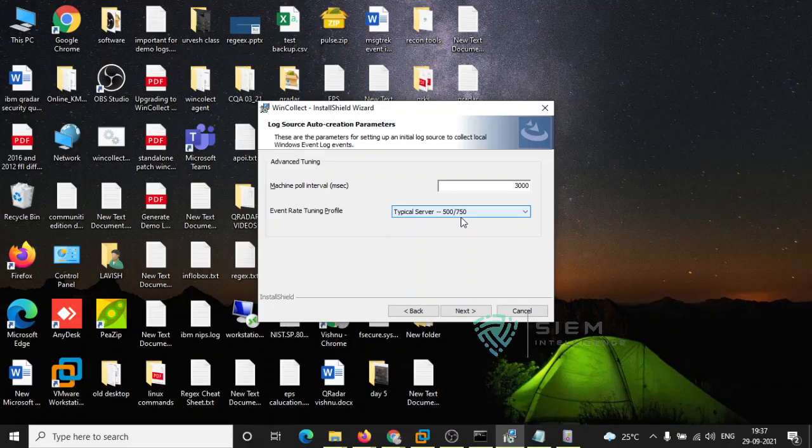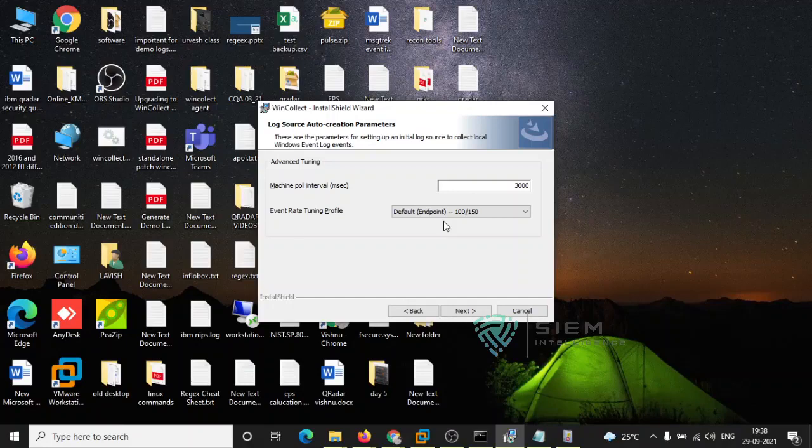It will process, but over there it will show something. Though you are saying that this is a typical server, it will generate an alert that it is a typical server but it is generating more logs. It will give an alert that it is not a typical server. You consider it a high event rate, and you can change it, or you can ask why it is generating this. If the default is a minimum of 100 to 150, you have tuned it as a desktop.